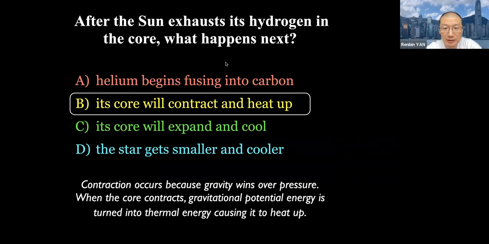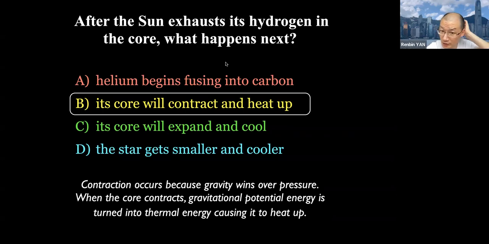Because while hydrogen is exhausted in the core, the fusion will stop, so that the temperature will drop and the pressure will become lower, so that gravity will win over the pressure, and so that the gravity will cause the core to contract. And as it contracts, some of the gravitational potential energy gets turned into thermal energy, so the core heats up